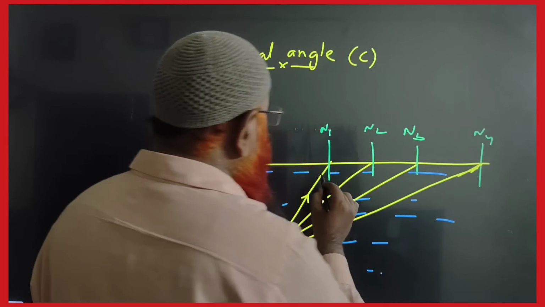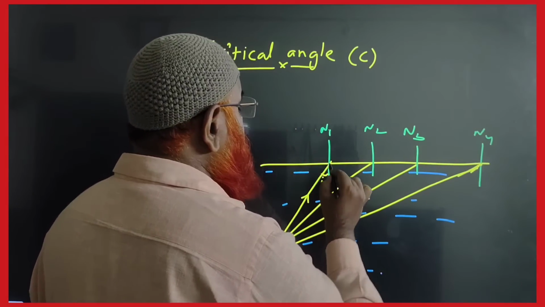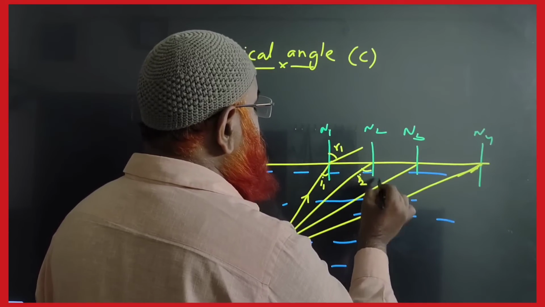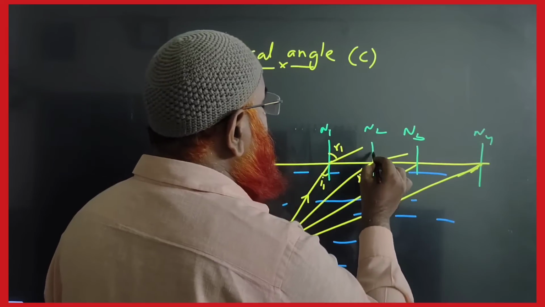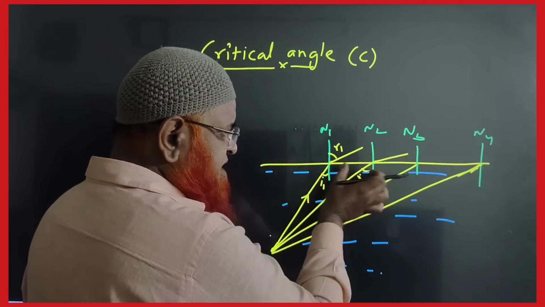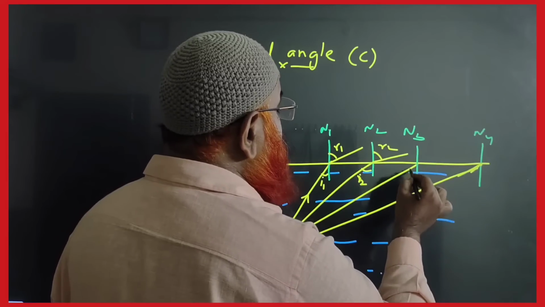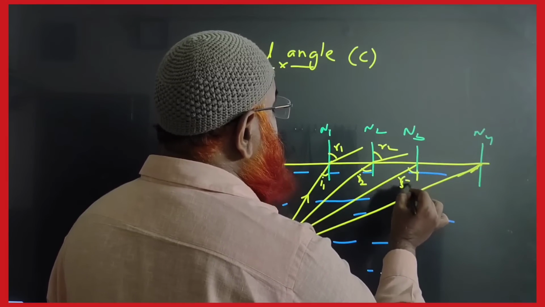What is going to happen now? This is said to be angle of incidence I1. This is said to be angle of refraction R1. This is said to be angle of incidence I2, and the light ray will bend a little bit more here because it is steeper. As I increases, R also increases. This is R2. It is steeper, so steep that this is taken as R3, which is equal to the critical